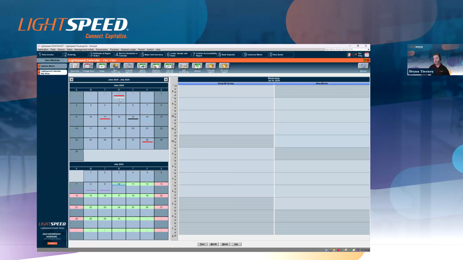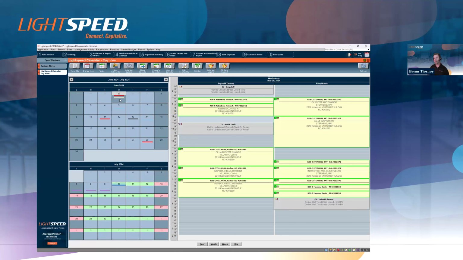We're not really going to focus on the service experience, but there is going to be a little bit of a service element in my example here. I'm selecting a particular day on the calendar. You'll notice on the left side of the screen, we'll pretend like we're looking at current calendar month and future